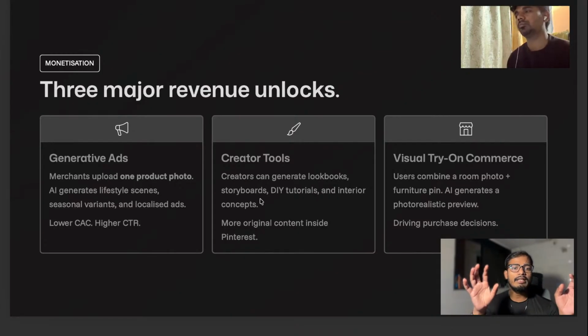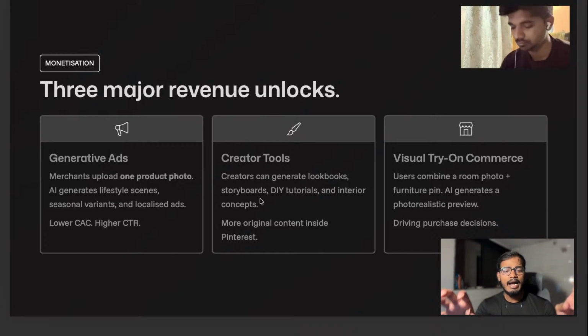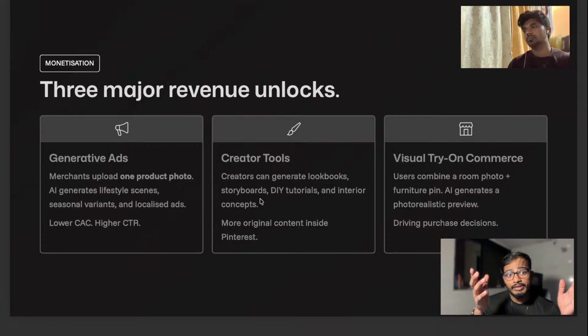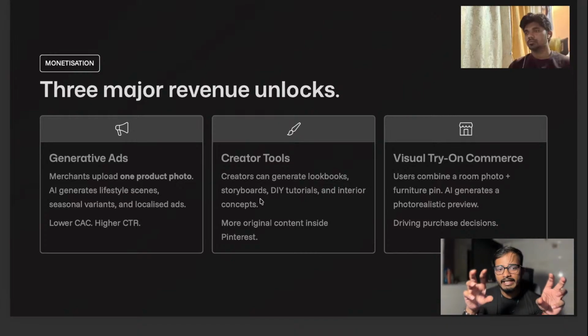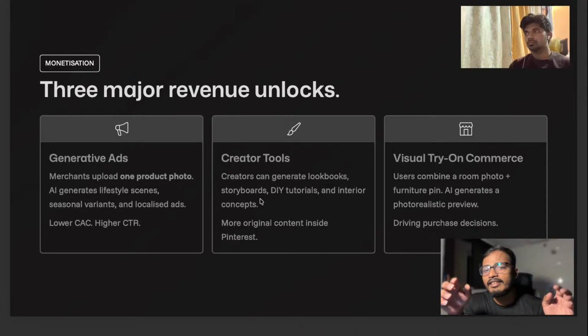So what if you see a Pinterest image of a room, and you see a Pinterest image of a sofa, and now there's maybe, I don't know if there is a tool called Aiesthetic, which just takes these two images and merges them and shows you the image that you want without prompting. Is there a tool? Yes, there is. That's called Pinterest, and these are the three major revenues that we will be unlocking if Pinterest decides to collab